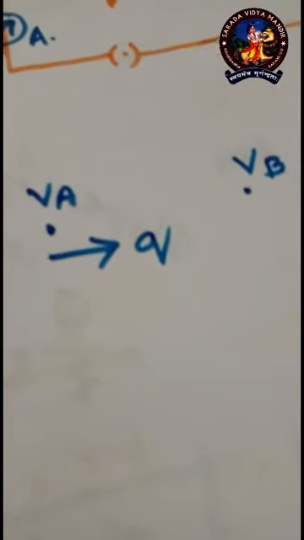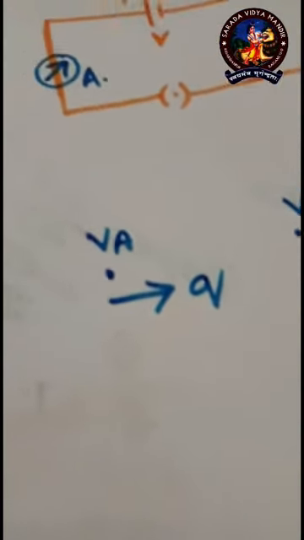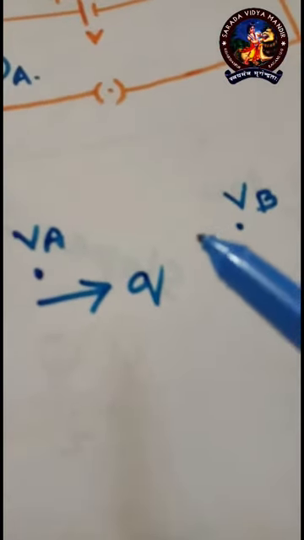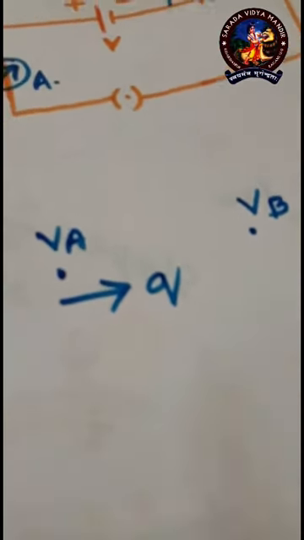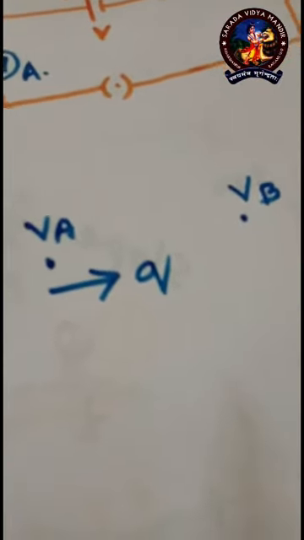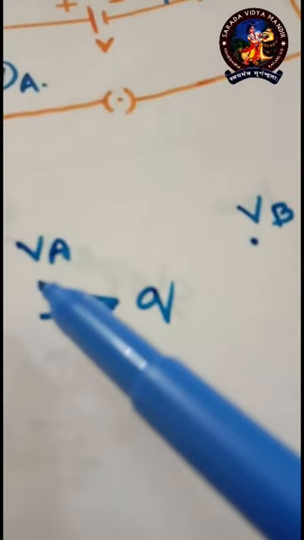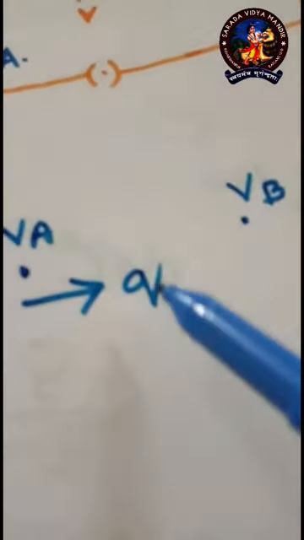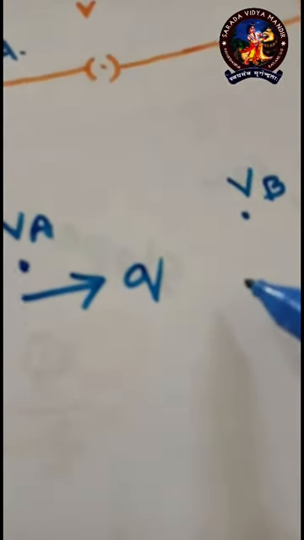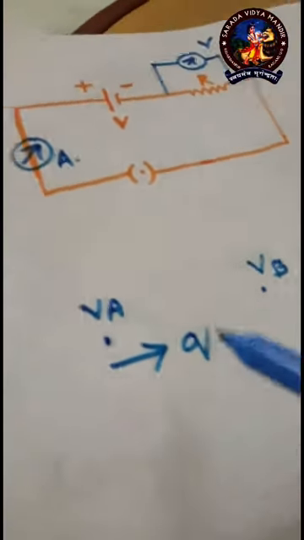And one more important thing is there. Suppose Q charge is carried through a potential difference, and as we know, whenever current is flowing through a circuit, it is only charge that is flowing. Now let us consider the charge is flowing from VA to VB. Now what is the work done? If I know the difference of potential, and if I know the charge that is carried, then we can get the work done. And what is the work done? Work done equals